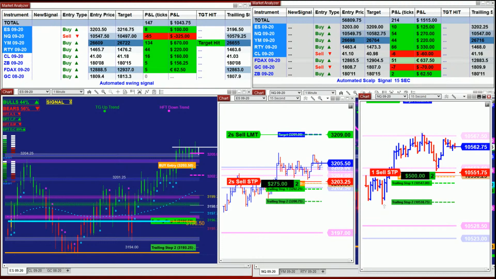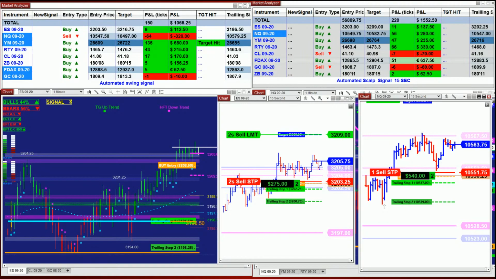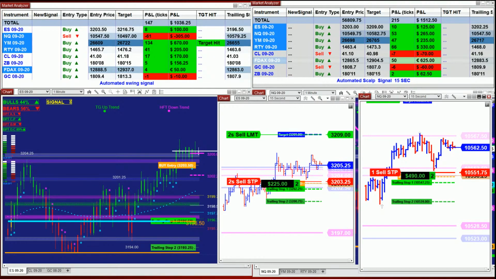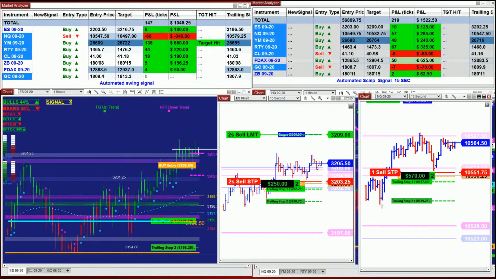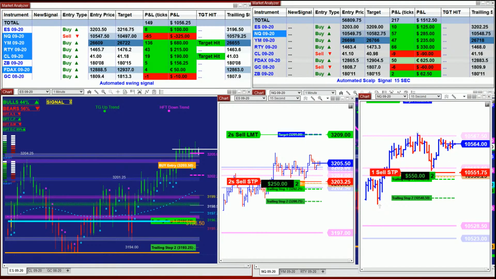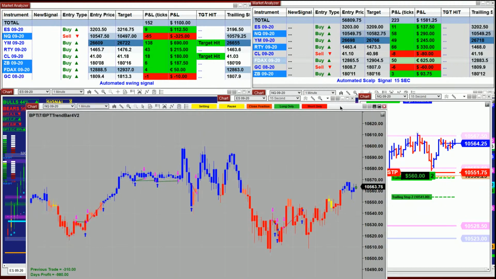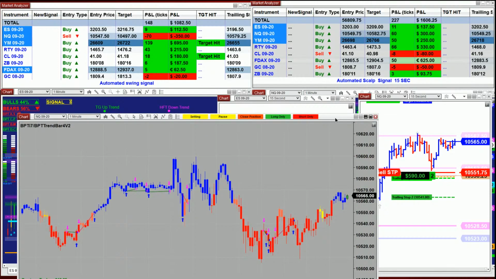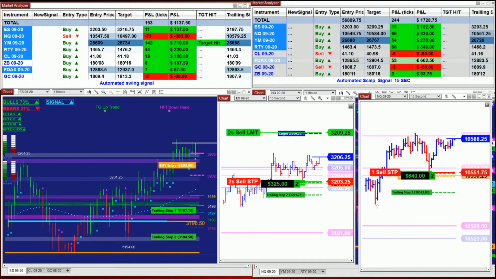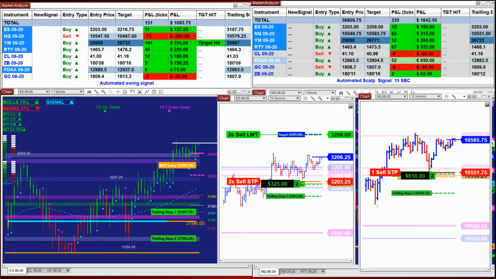So the ES is about to take off, break in those critical areas, really weak trend. The Nasdaq is not, that's what I love about it. The Nasdaq is not taking any trade. It's not going to take a blind trade. I'm keeping my eye on it. Once it takes the trade,